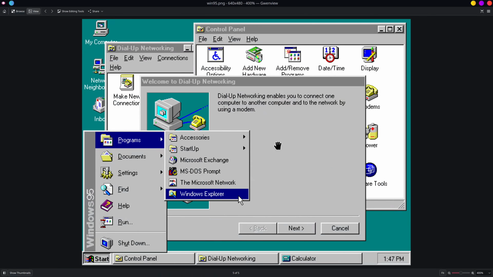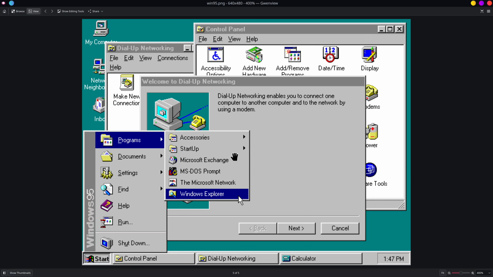Now Windows 95, on the other hand, I wish I could demonstrate it, but I don't have a working Windows 95 system. This is a pretty radical departure from the Windows 3 era. If you look at it, you have your start menu pops up. You can drill down into what you want to run. You have a task manager at the bottom with everything that's open and running. You have a system tray, which is right here. There's nothing running in it, but there it is. And then you also have a clock.